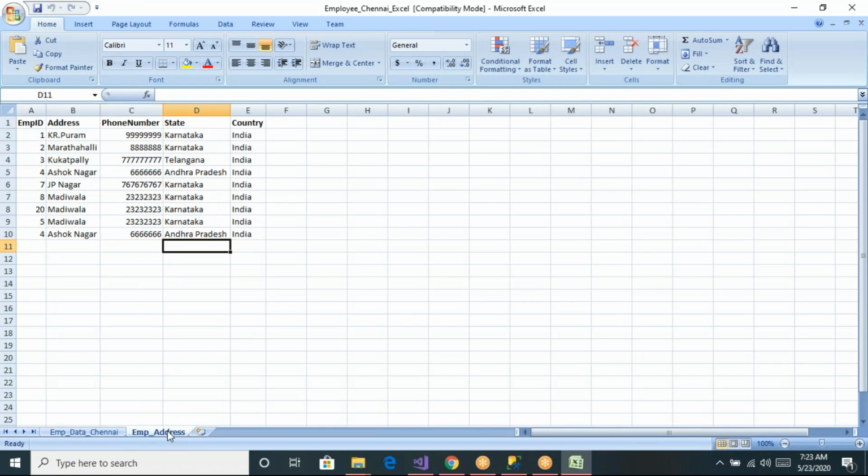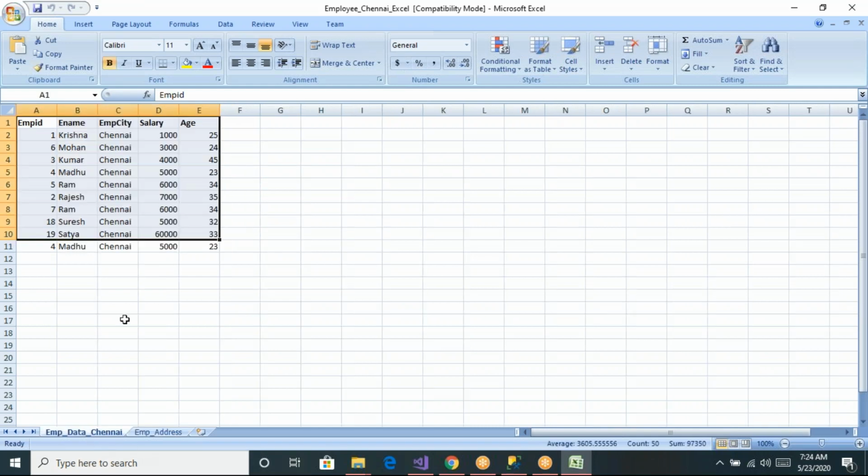So now you can see I have two Excel sheets.